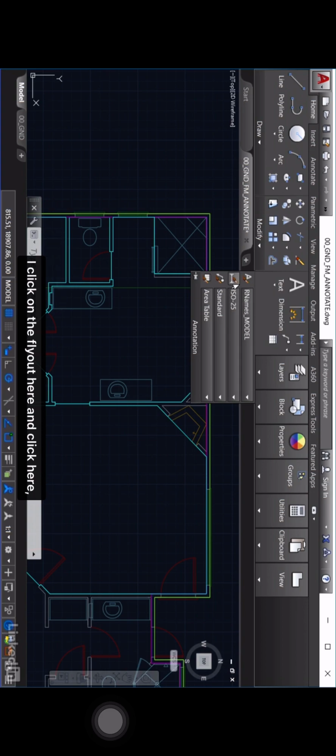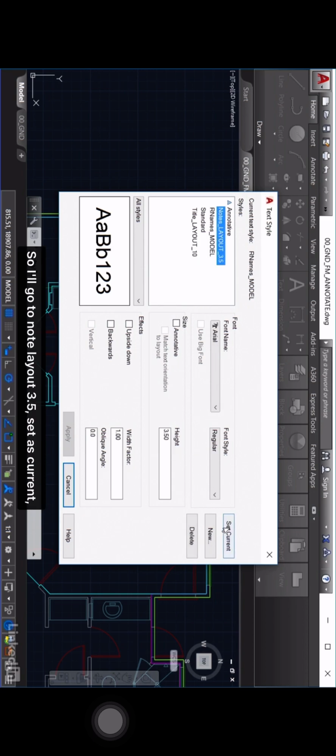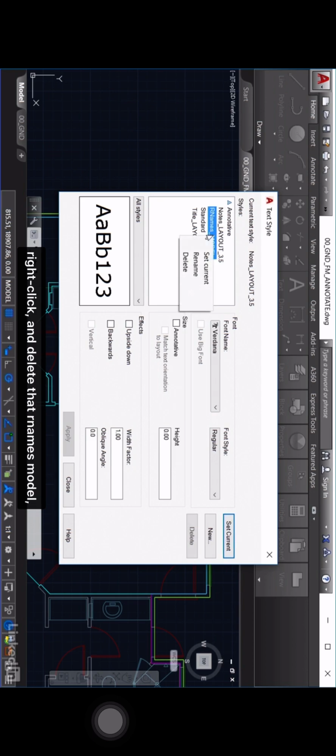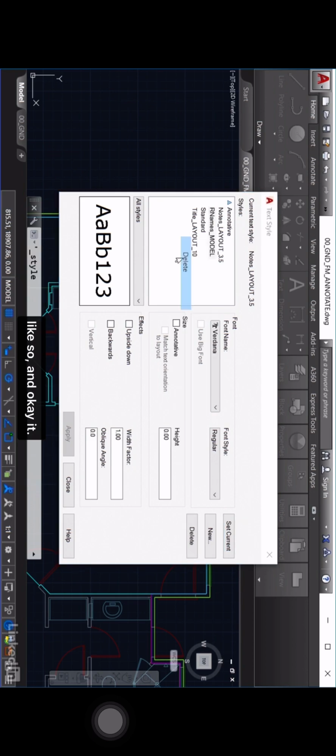I click on the flyout here and click here, and we're going to create a new text style to use with our space names. You'll notice there's one there, Room Names Model, and if I select that, you can see it's a Verdana font with a font style of regular, and it's got a height of 0. So basically AutoCAD will prompt you for the height when you put the text into the drawing. What I'm going to do is delete that one. I'm going to right click on it, and you'll notice I can't delete it because it's the current text style. So I'll go to Notes Layout 3.5, set as current, right click and delete that Room Names Model like so,